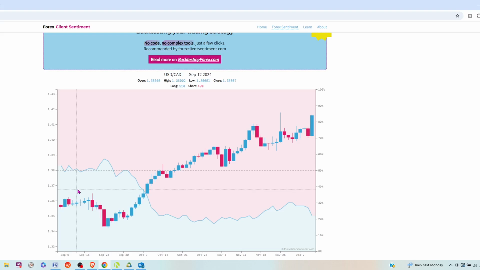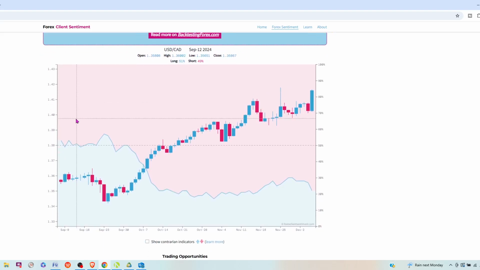So what do we see here? There's basically in their graph two sections. First of all, they're using daily charts, so each one of these candles is a day. This is about 3 months of price data that you see here. And here's what they're showing. This pink reddish area is the percent of retail traders that are short the market, this pair, at any given point in time. You have time across the bottom axis, and then you have the percentage on this vertical axis. This is the actual price of the instrument, which we don't care about, so we can ignore this. We're just looking at these percentages and time. So you can see what happens here.